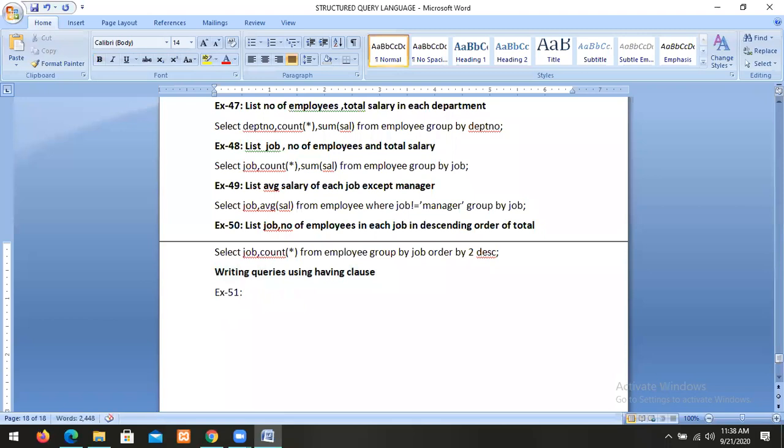The having clause is used to apply a condition for a group. In order to apply a condition for a group, we use the having clause. How to use having clauses? What is the procedure for the having clause? Let us take some examples of using the having clause.